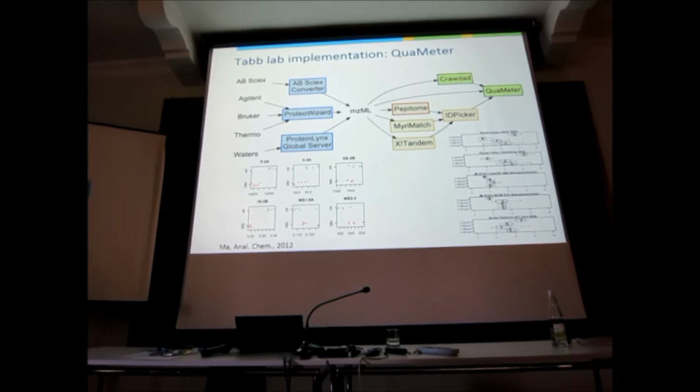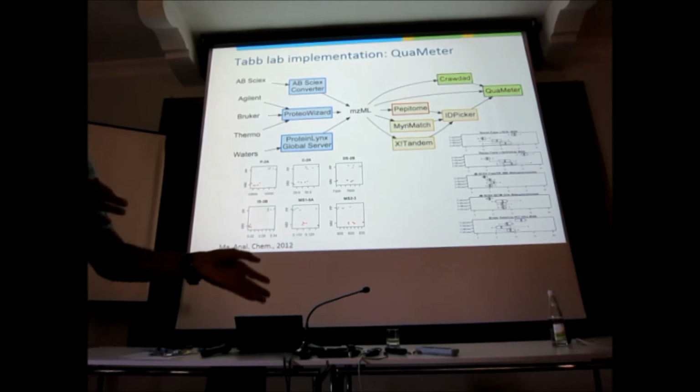Meanwhile, Proteome Software, the guys who make Scaffold, implemented this as a paid add-on into Scaffold. The problem is nobody wanted to pay for this. Why would you not want to pay for this? This is worth a lot of money. Anyway, they did not, and thank God, these guys now threw it in the open source domain. So we can take this code, and Bas van Breukelen is now working with them to get this code and to make a free tool out of it. So hopefully, this will soon be in everybody's lab.